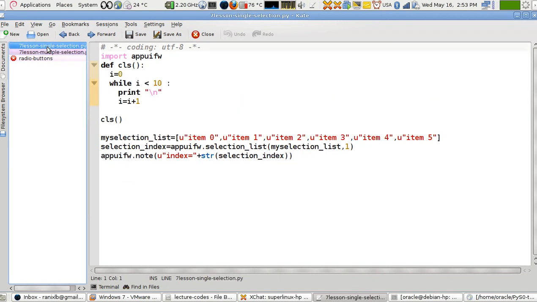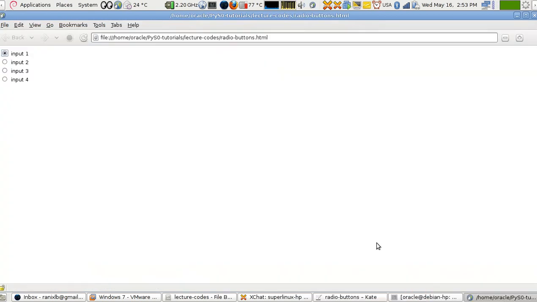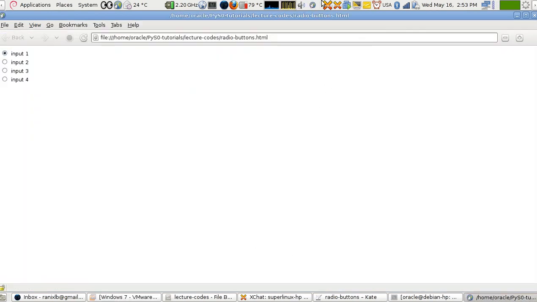Now the single selection will be very much like HTML, where you have radio input buttons, which is similar to this. You have only one selection at a time. With multiple selection, you can select many at a time. The similar thing is in this script. First, let's make sure that the